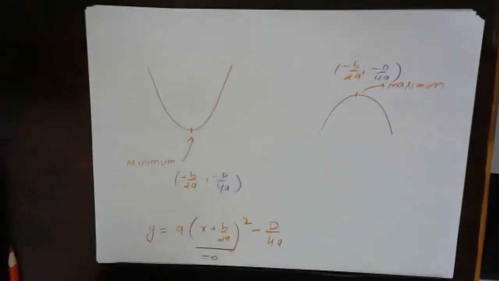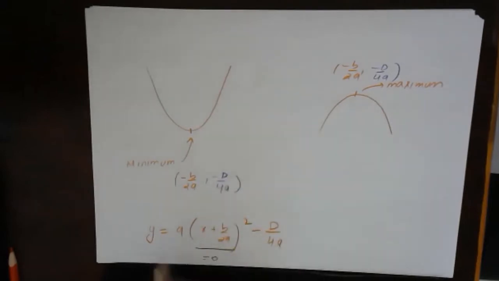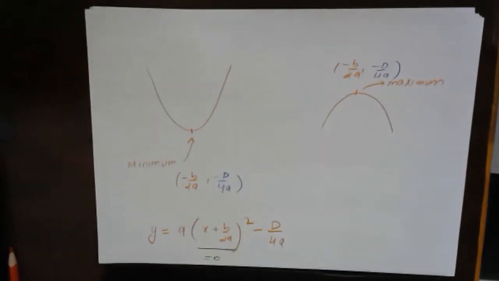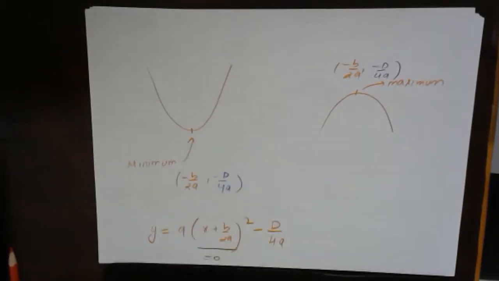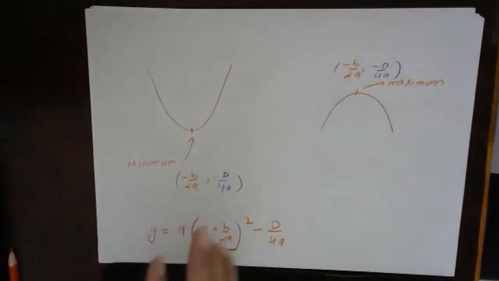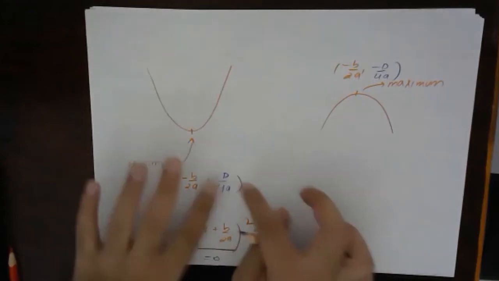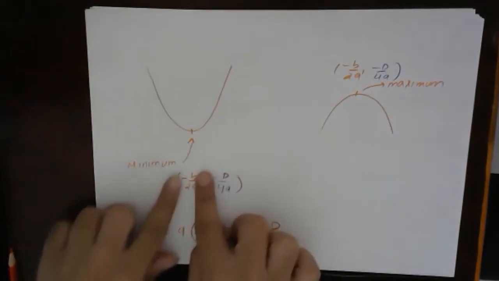Now, one thing to be noticed here, which is very important, is that this minus does not mean that this whole thing will be negative. This minus is just a sign. So basically the sign of b and a, and here the sign of D and a, collectively will decide the overall sign of this.